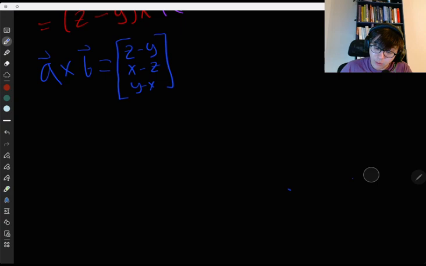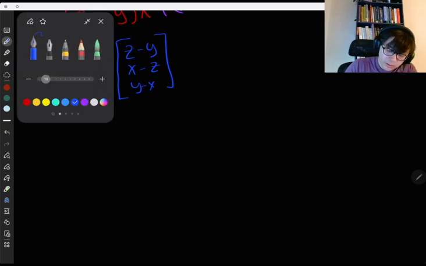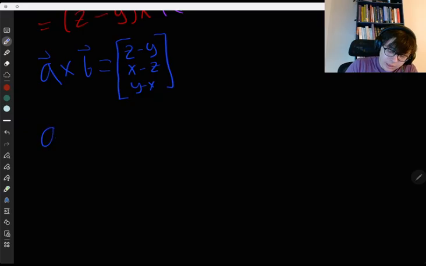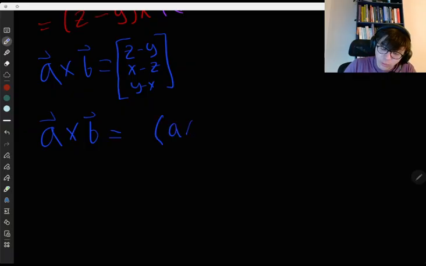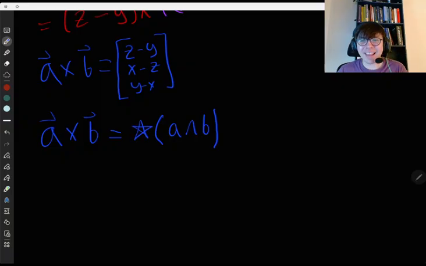And so I'm going to write out the formula for you real fast. A cross B is going to be equal to something clearly with them wedged together. And I'm going to introduce a new thing to you. It's going to be this thing called the Hodge star. And you'll see what that means in a second. But first and foremost,